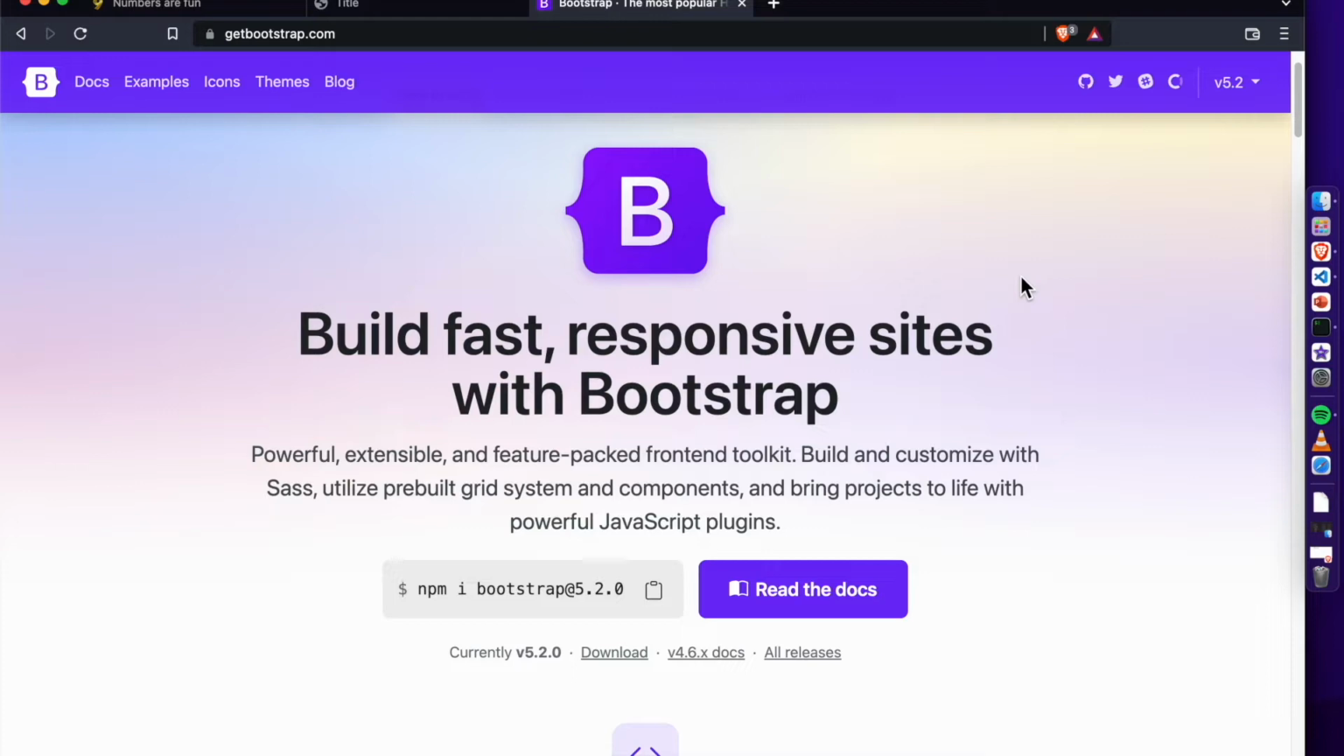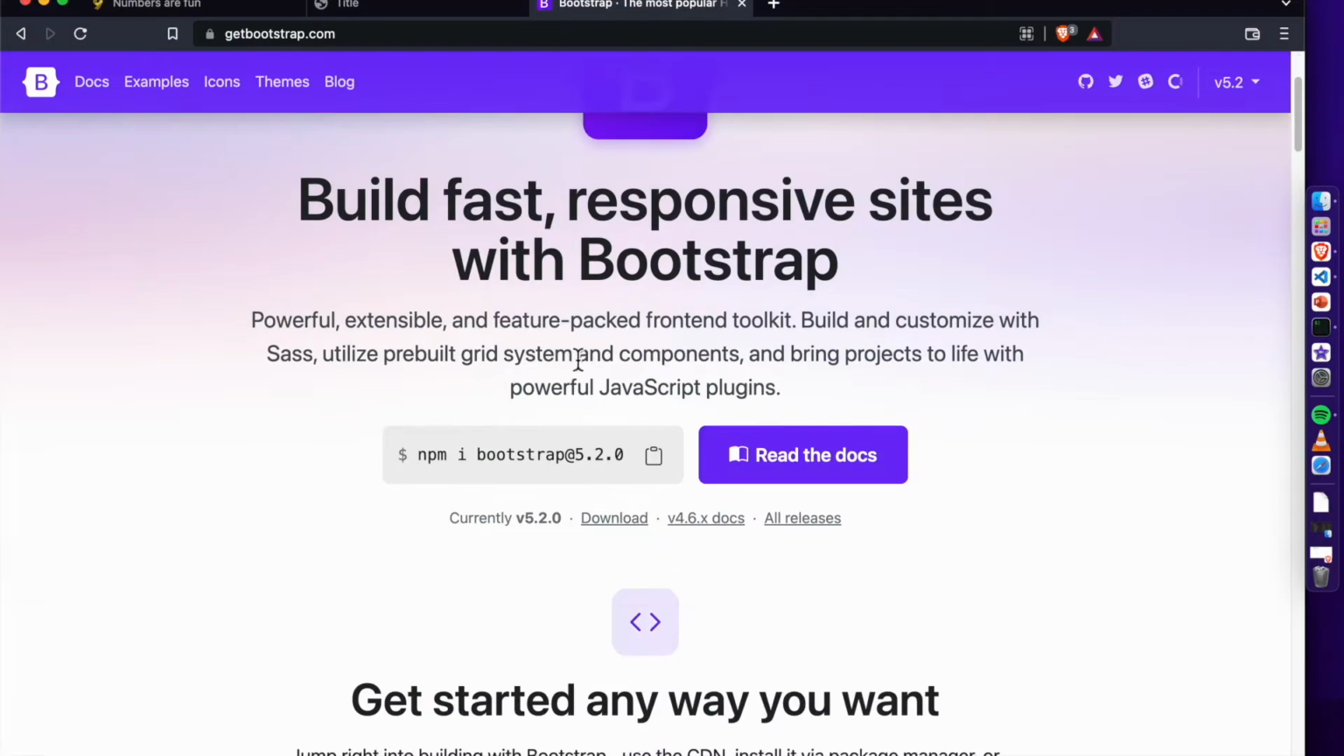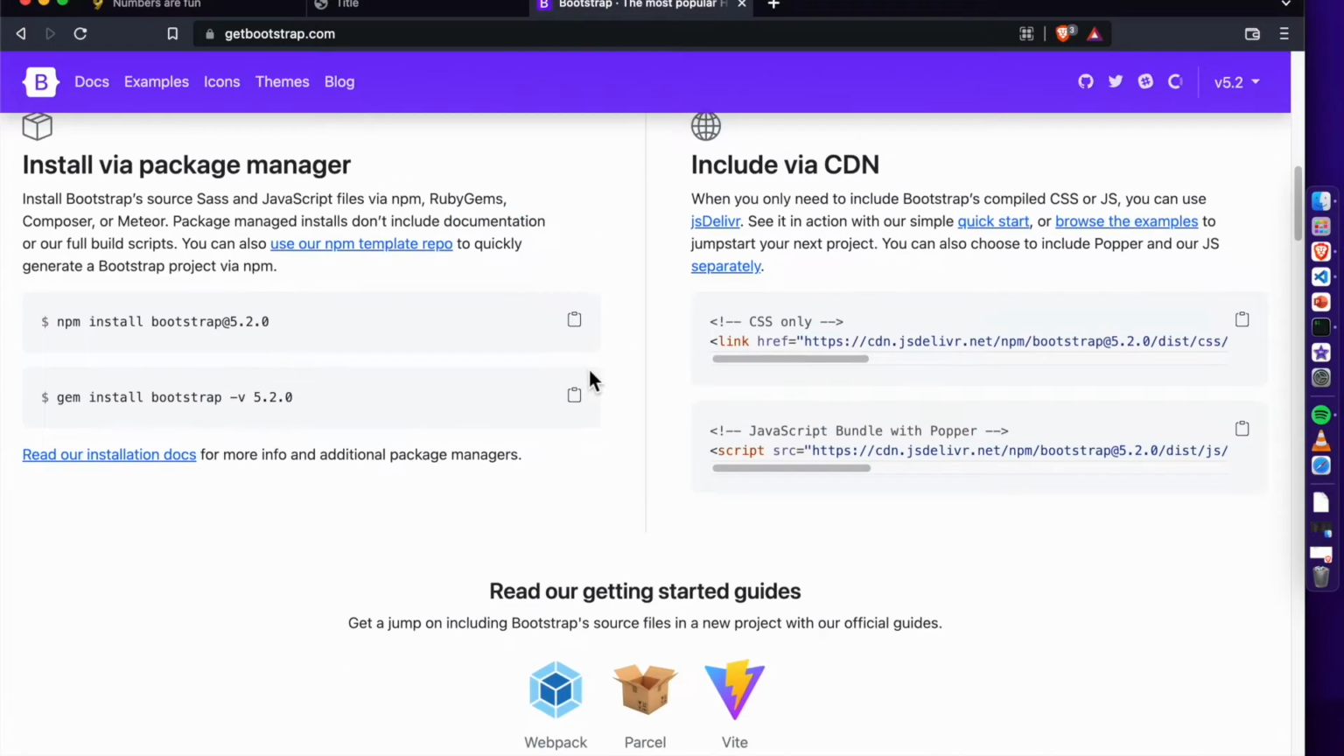Different from other tools we have in this series, Bootstrap is actually installed already by me in the template. However, we will still have a look to see how Bootstrap is actually installed, or rather included in your project. So we can scroll down at its official website, getbootstrap.com, link is in the description, and we are using this